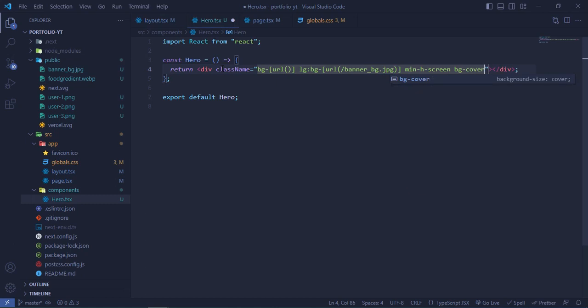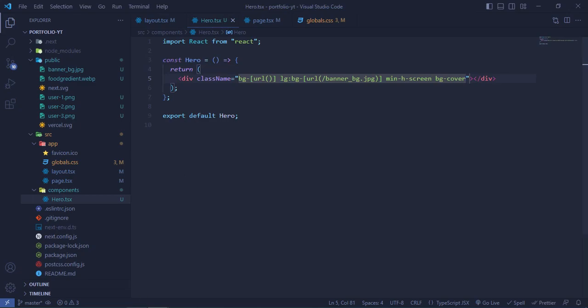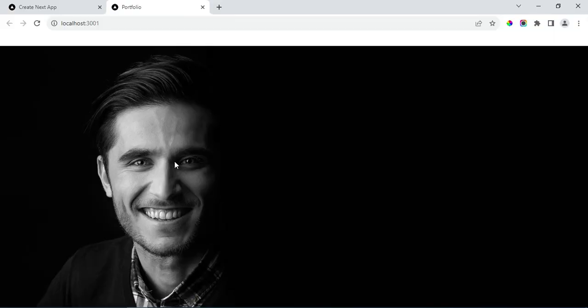Okay, so our background should be visible right now. Let's see. Yeah, our image is here, and on the right side we are going to write the text,